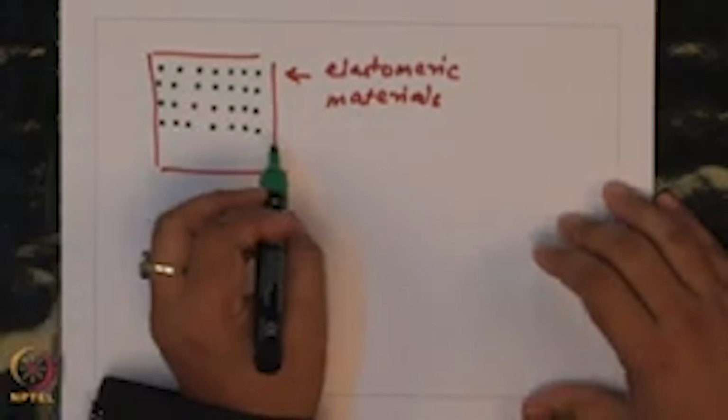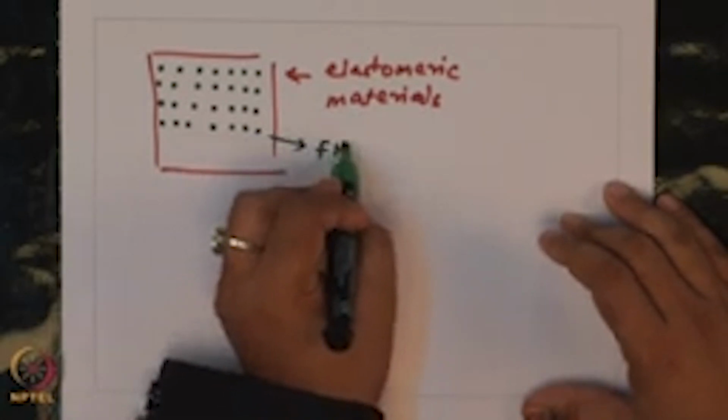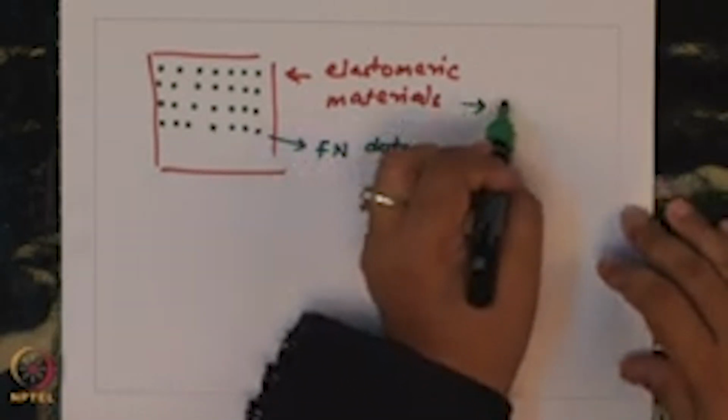Imagine these are fibronectin dots and the elastomeric material, let us say PDMS,